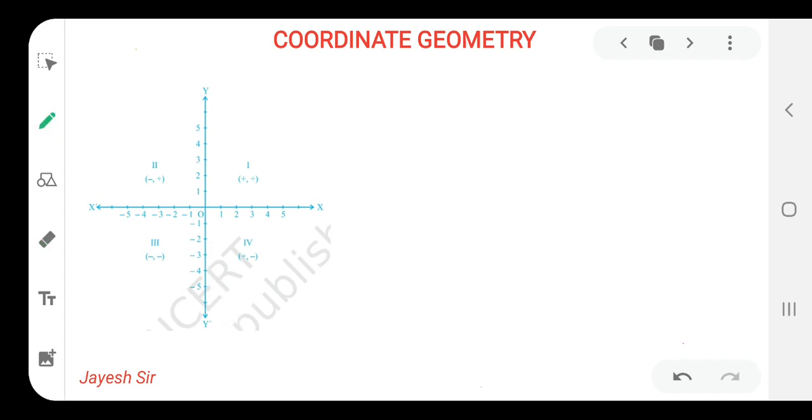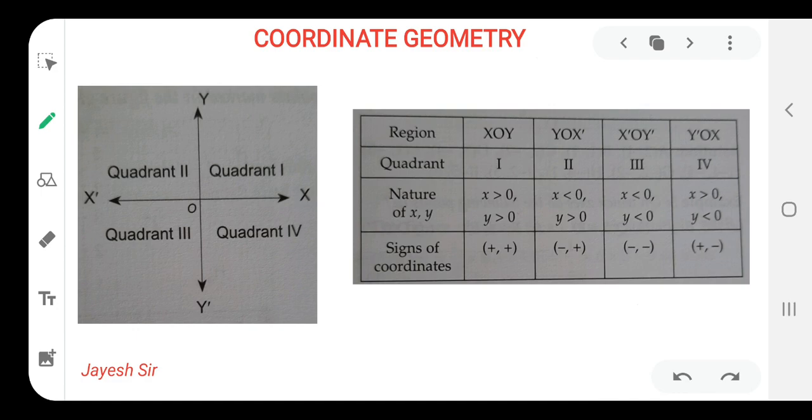Now what was this 1 2? You might be thinking, what is 1 2 3 4 written over here, what does it mean? So now we are coming to that concept and how they are written. First thing, this one is said to be quadrant 1. What is to be said as quadrant 1? You can see this thing over here in this slide. It has to be enlarged and written over here so that you can learn.